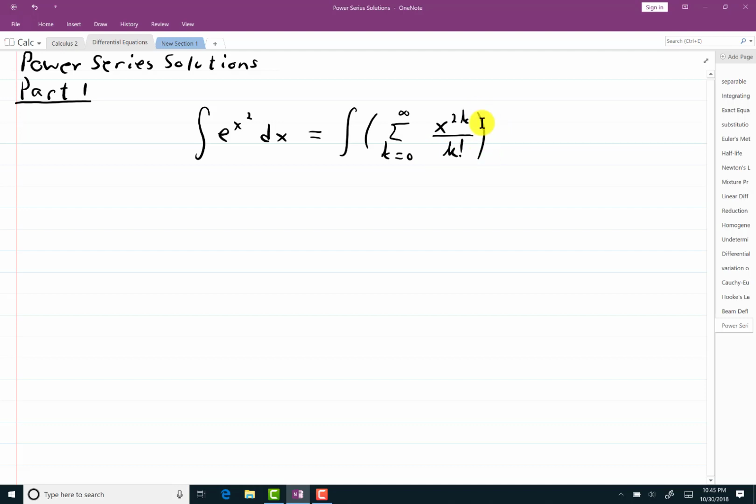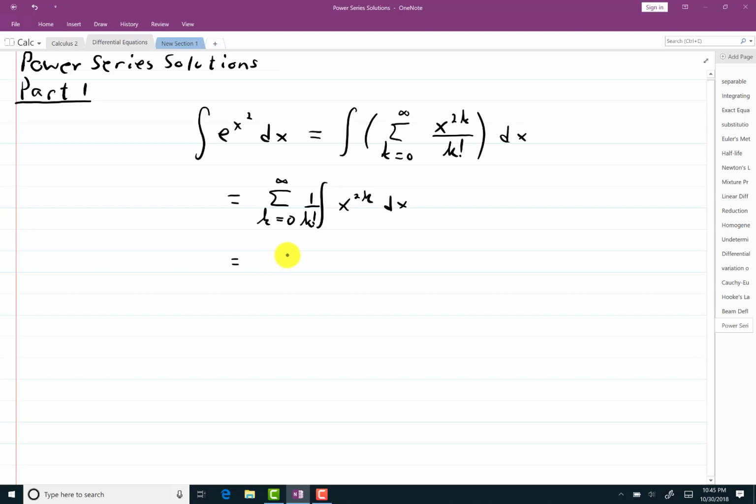And then what I could do is integrate each piece at a time. Like then you would have, I'd put the summation outside, k equals 0 to infinity, integrate. I could even take the 1 over k factorial up front, and I would have x to the 2k dx,